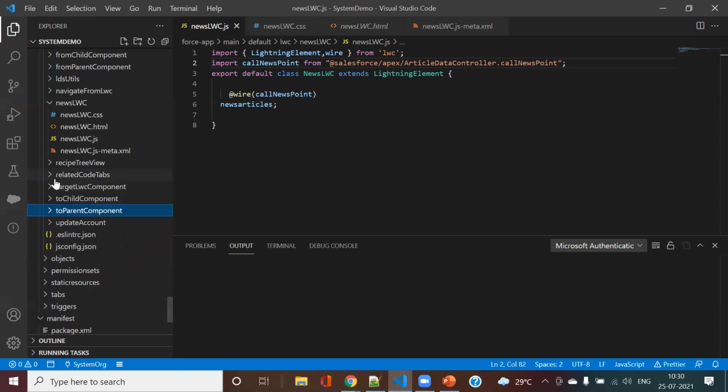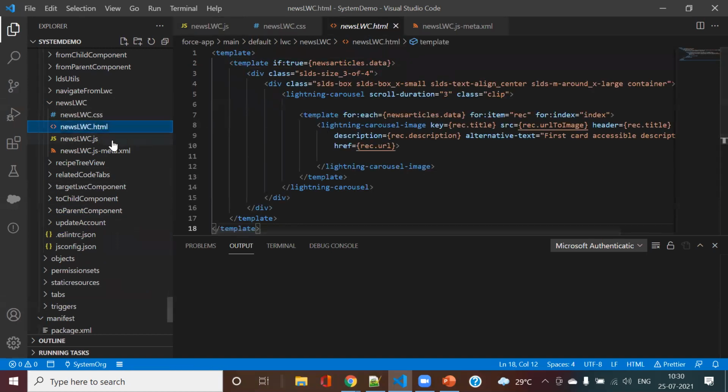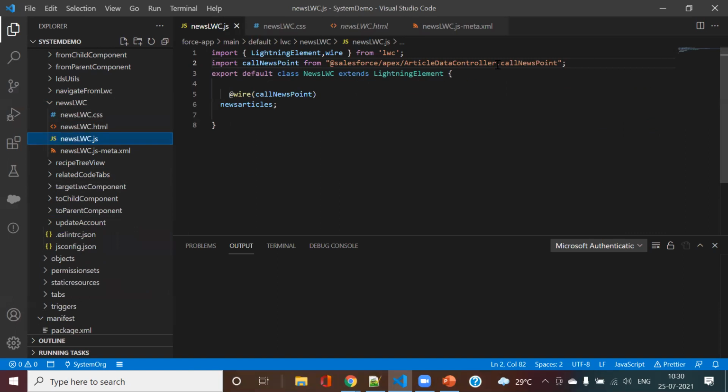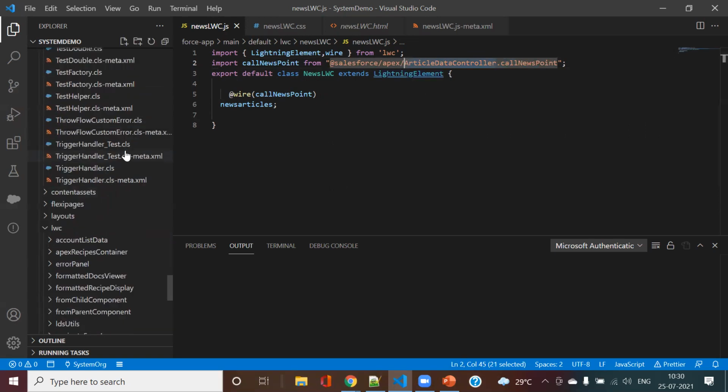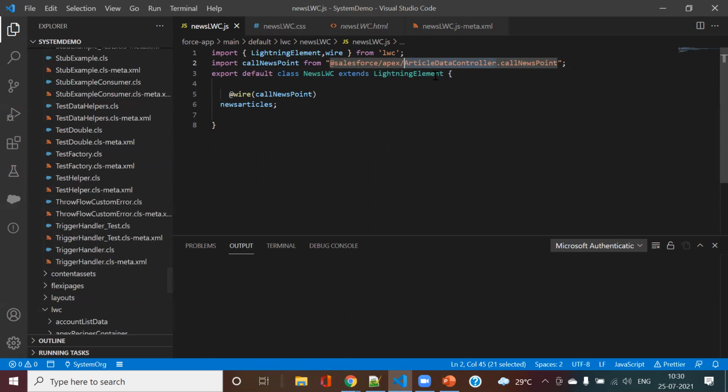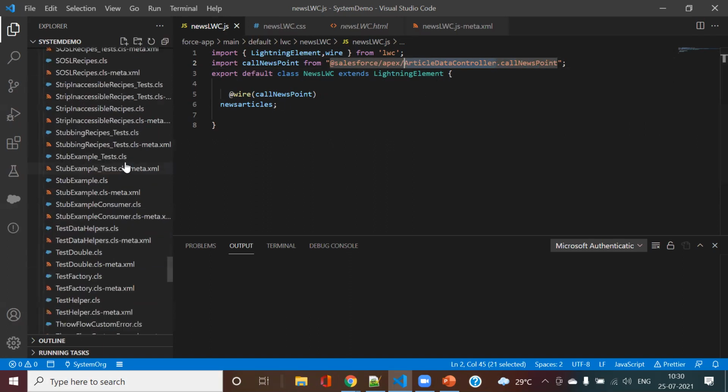This is my Apex class, the article data controller, and I'm fetching this data and then displaying it on the UI.